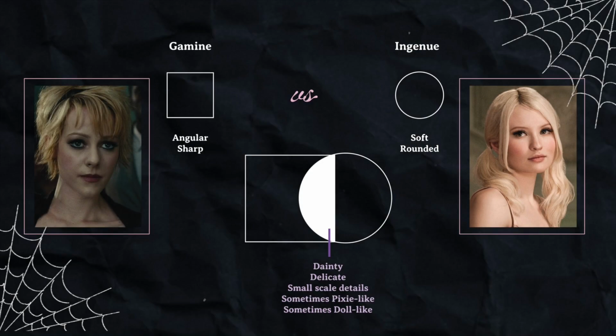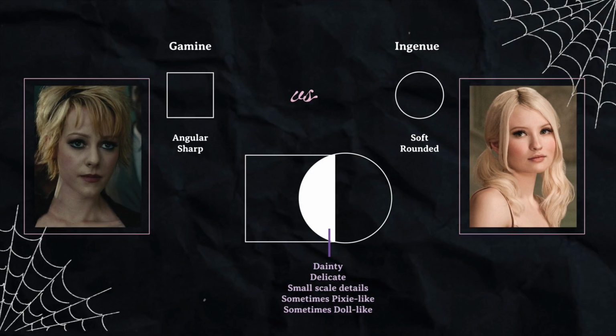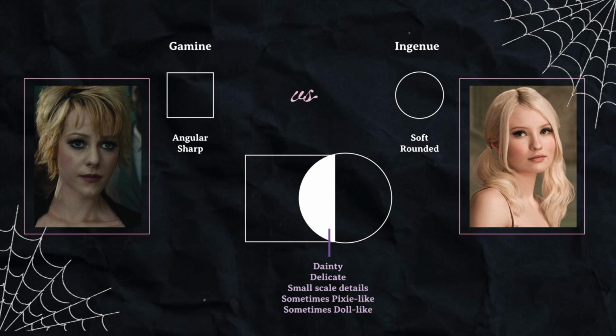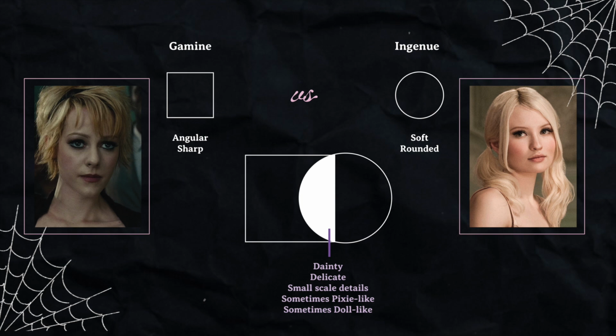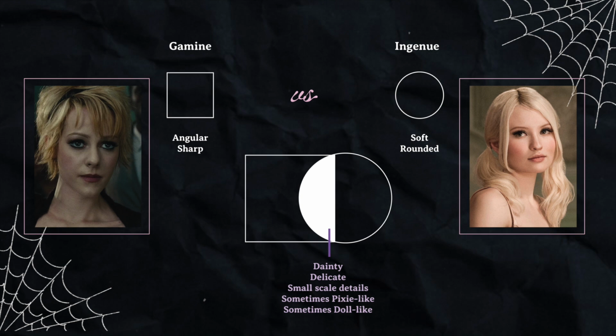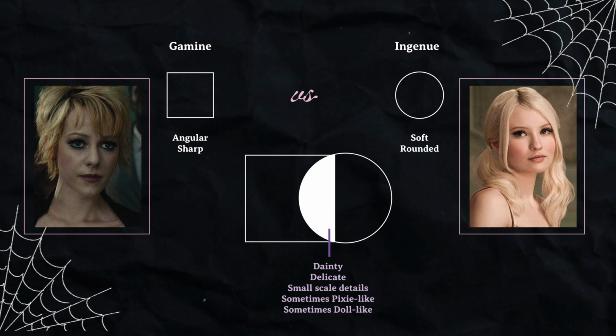Now, something to keep in mind though is you can actually have both essences. I feel as though Jenna Ortega is the immediate example I think of that has both Gamine and Ingenue, but let's compare the two. So for my examples, I'm going to be using Jenna Malone as my Gamine reference, and then Emily Browning as my Ingenue reference. And both of them were actually featured in Sucker Punch, and I think Sucker Punch is actually a great dark aesthetic inspiration for style and fashion.